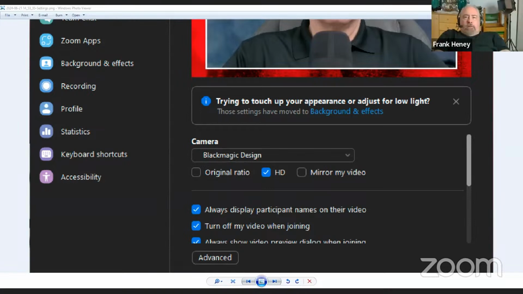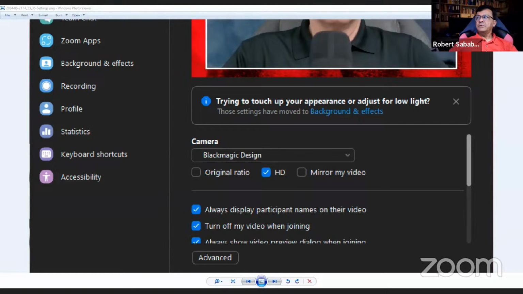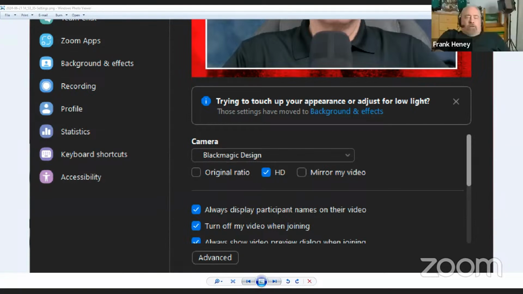I can think of lots of use cases for this. Imagine interpreters. So one interpreter's screen sharing the slides in Italian, the other interpreter's sharing in Polish. So I could watch a slideshow in the language of my choice, maybe? That's exactly what we do. And we've been doing this for a long time, and it works really, really well. I'm looking for other use cases. Education. So if you're a teacher and you're working cooperatively as a class on some assignment, I think you can restrict the screen shares so only the host can see multiple screen shares, or you can say that everyone can see everyone's screen share.